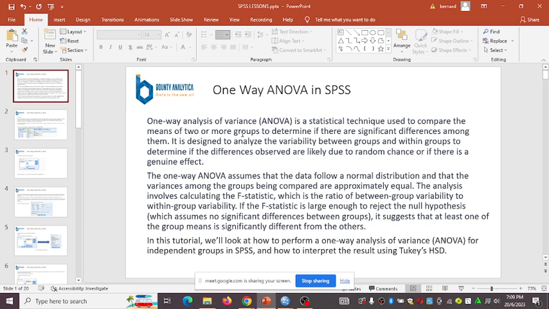And ANOVA is designed to analyze the variability between these groups and within groups to determine if indeed the differences observed are likely to be due to random chance, or if there is a genuine effect. One-way ANOVA will assume that data follows a normal distribution and that the variances among the groups being compared are approximately equal, right? These variances of the two groups, we assume that they are approximately equal, or closely equal. So those are the assumptions that we have,